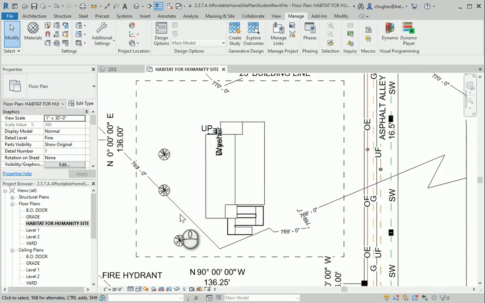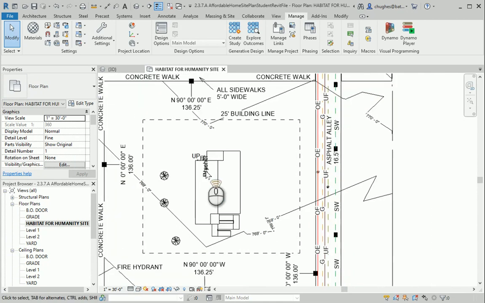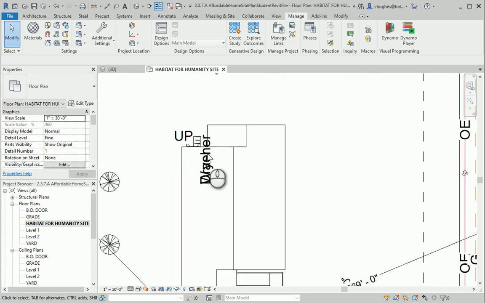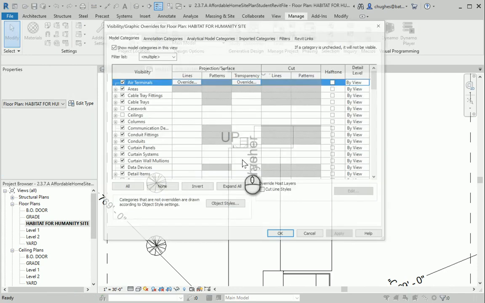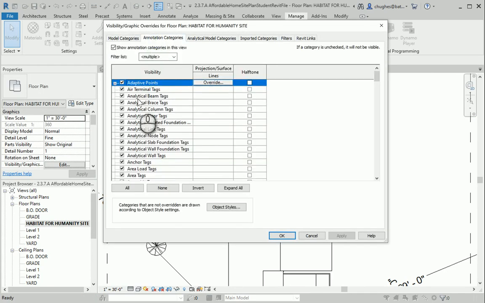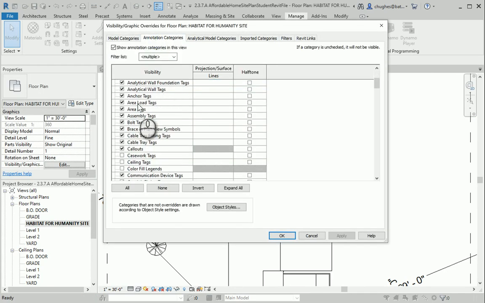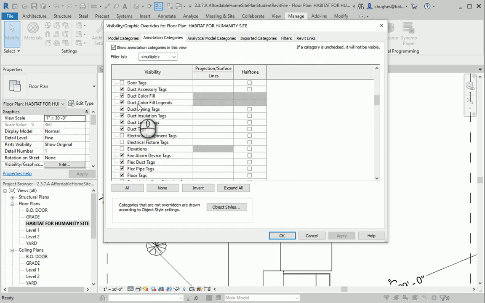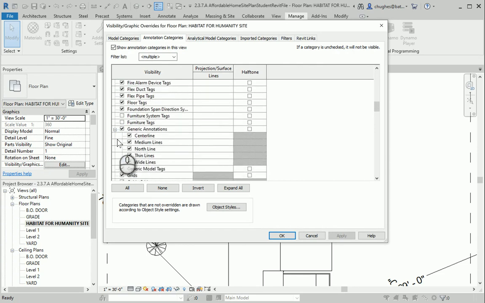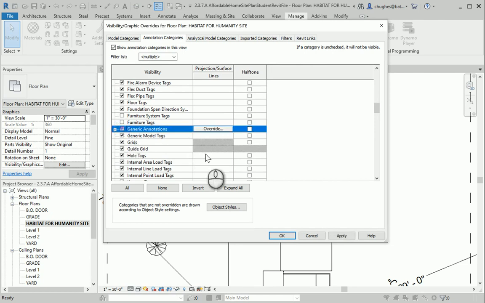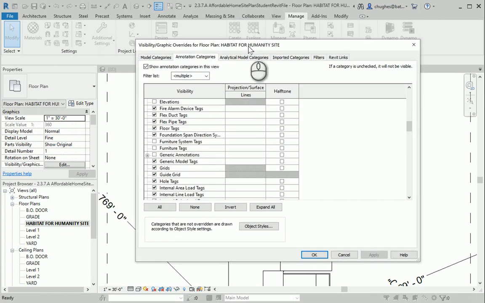So that way I cannot see inside of the house. And then also any of these notations we have, I can hit VV on the keyboard. And under the annotation categories, I can scroll down until I find generic annotations. And here if I just uncheck that box and say apply, moving the menu out of the way,